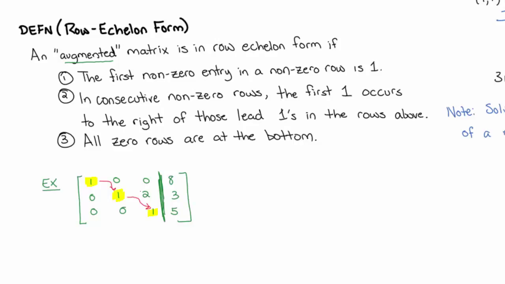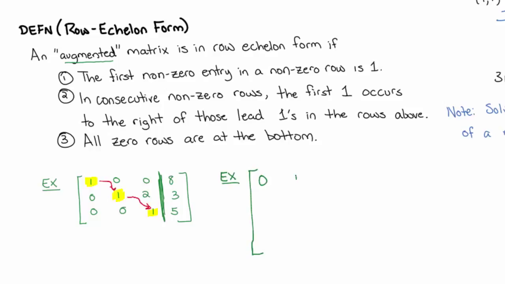Finally, this example doesn't contain it, but if you had a row of all zeros, you'd put that down below. So let me go ahead and just throw one last example out here. Example. Again, but this time I'm going to create kind of a larger example. Let's suppose that we had something like